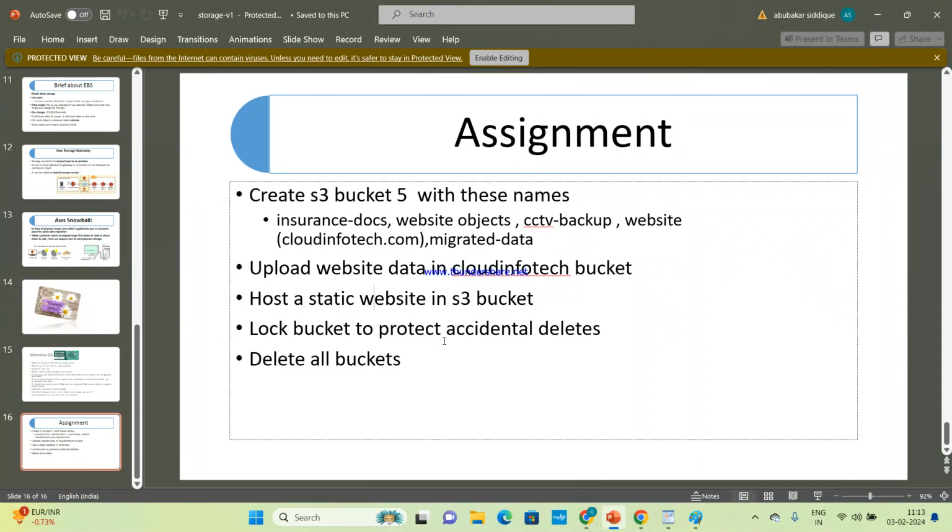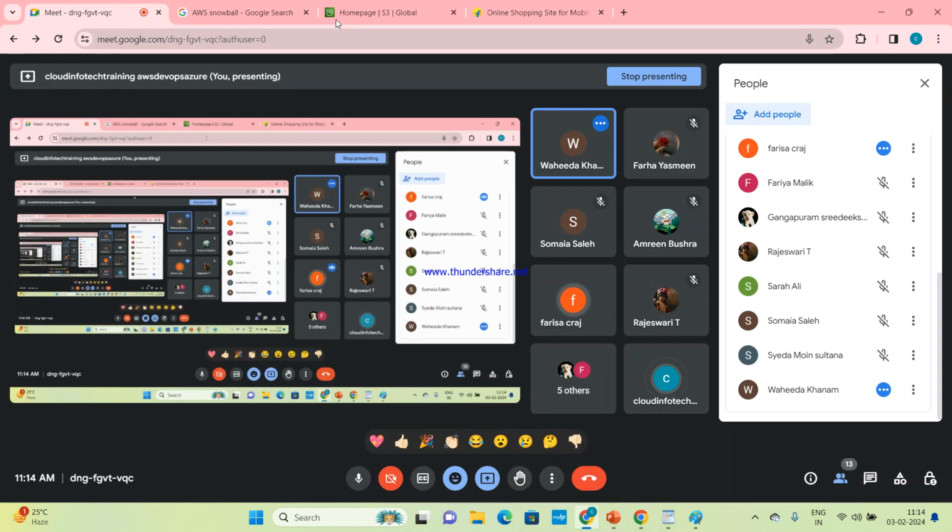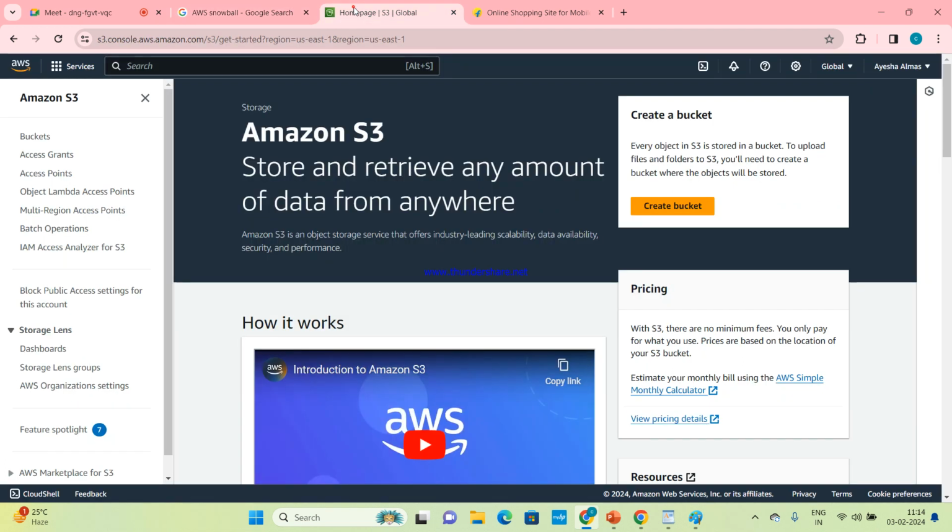In the S3 labs, we are going to create a bucket, do static website hosting, protect from accidental deletes, and delete all the buckets. Clear, everyone? Yes, ma'am. Can I proceed with the labs? Yes, ma'am. Okay, so first in search, we need to go to the S3